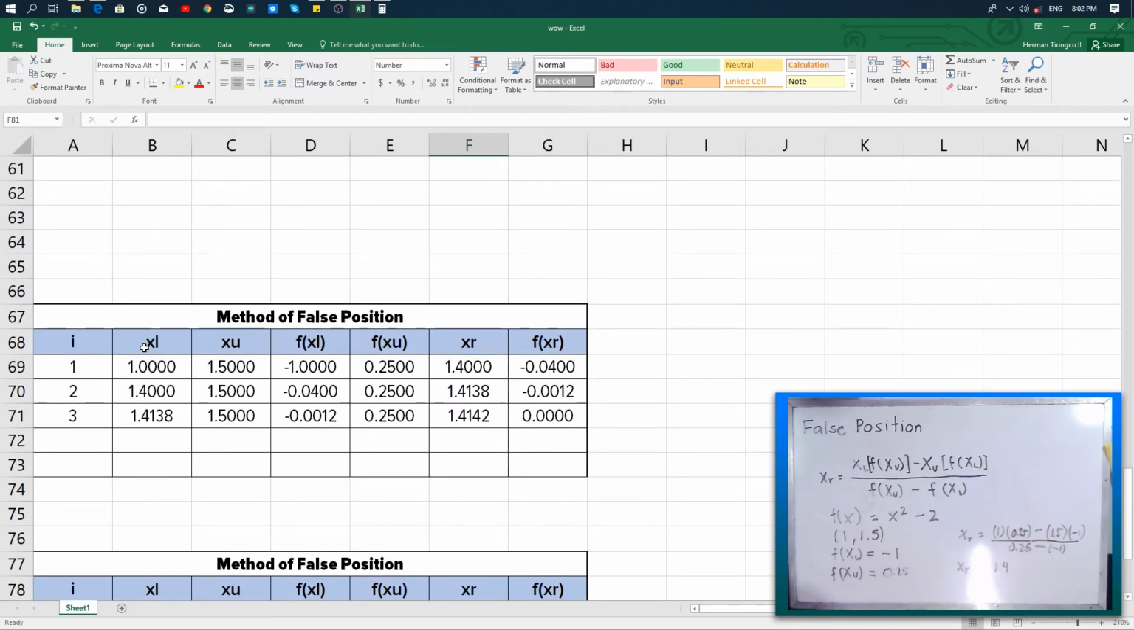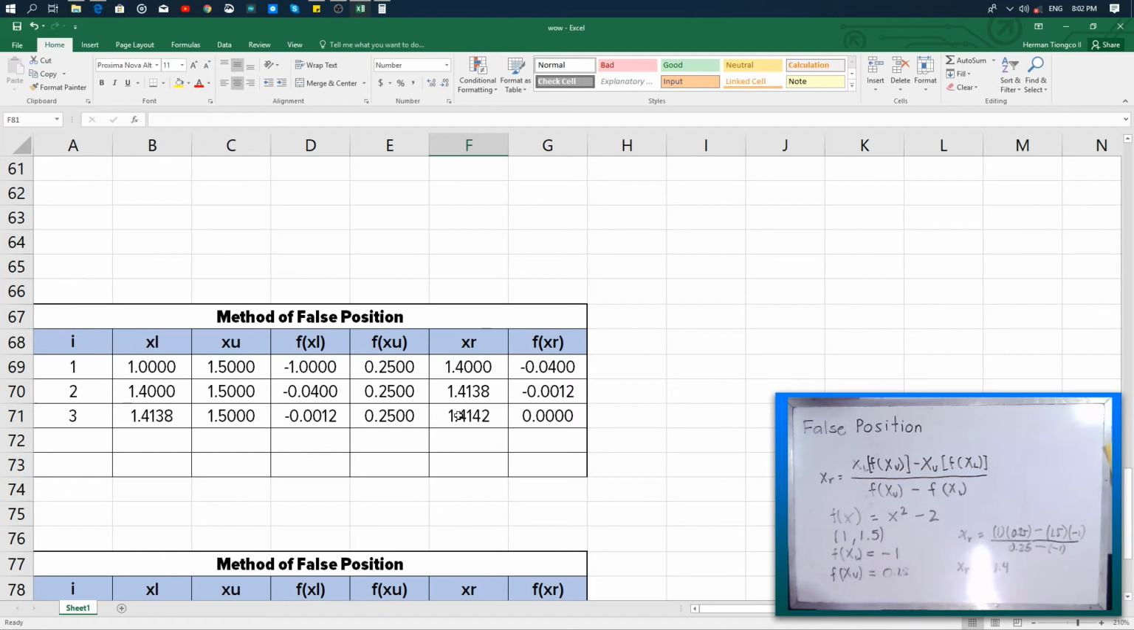I've already completed the table, repeating those steps, and at our third iteration, we have already arrived at the value of x sub r of 1.4142, which is the value of square root of 2 up to 4 decimal places. If we substitute this value into our equation, we will get f of x sub r as 0.0000 in 4 decimal places. There will be some values if we write this with more decimal places, but up to 4 decimal places, which is our tolerance or error bound,